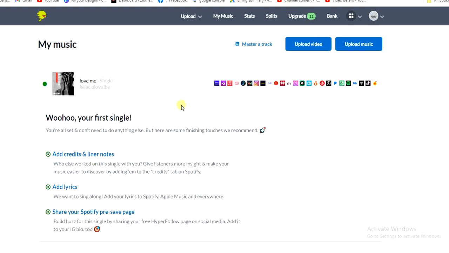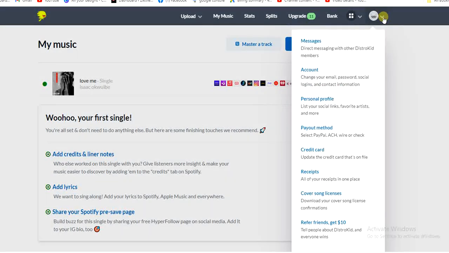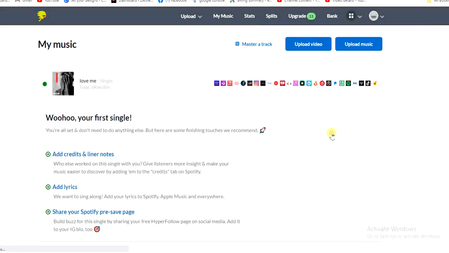Now if you want to get paid from DistroKid, what you have to do is sign into your account, and then you find this drop down icon right here. Tap on that drop down icon, and you get all these options. So we have to set up a payout method. I'm going to click on this payout method,